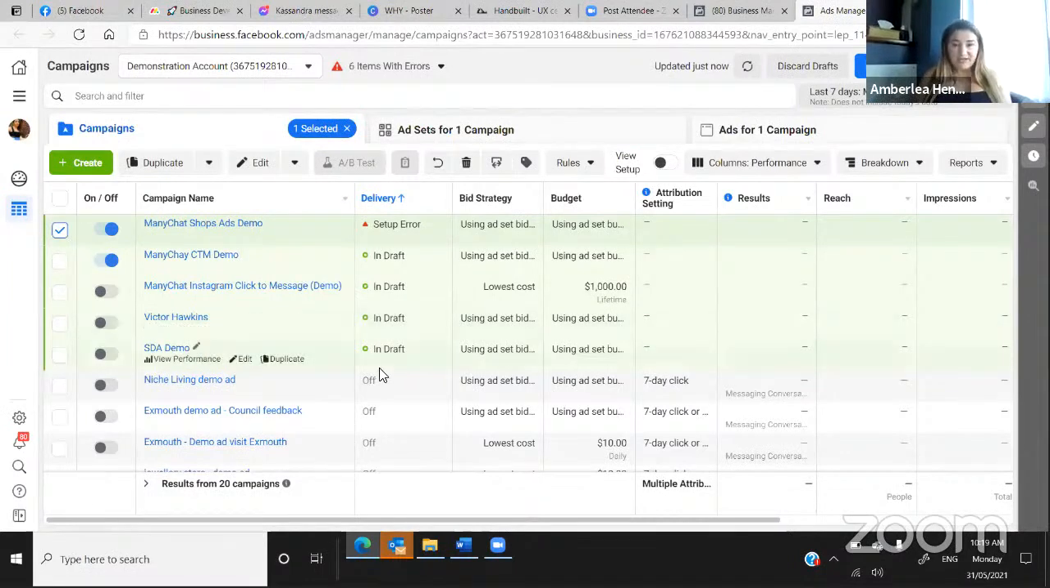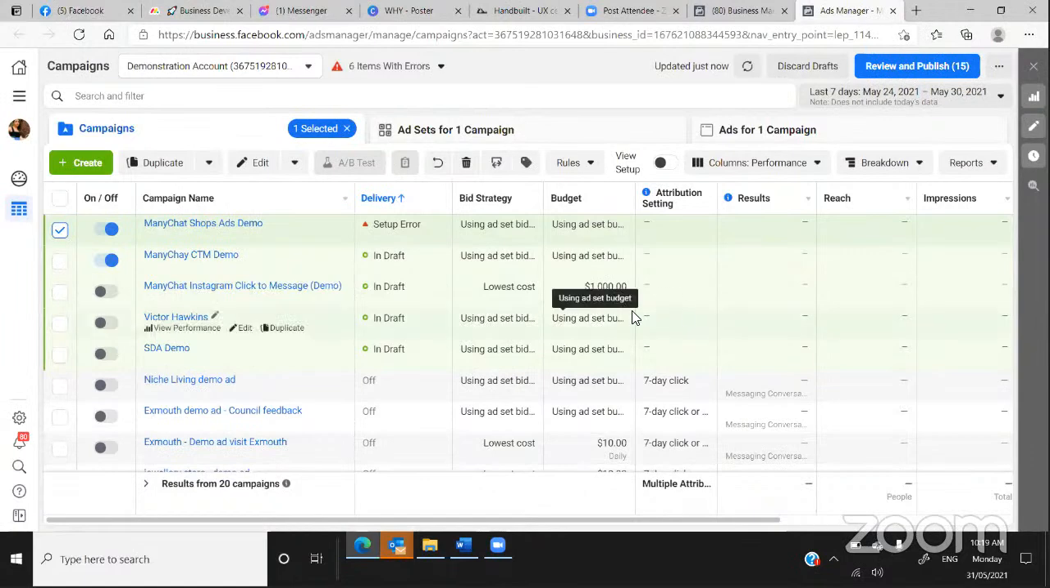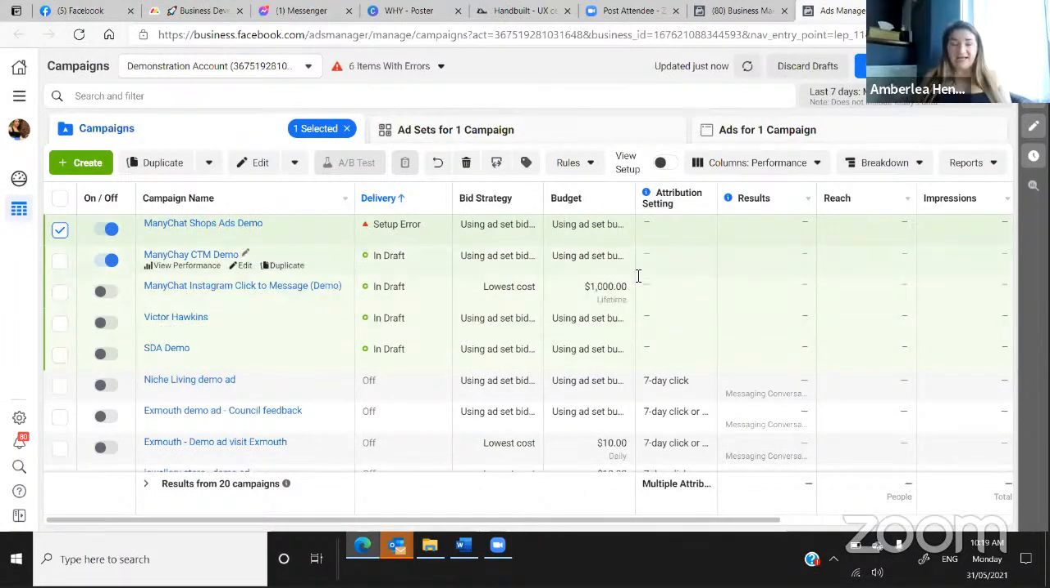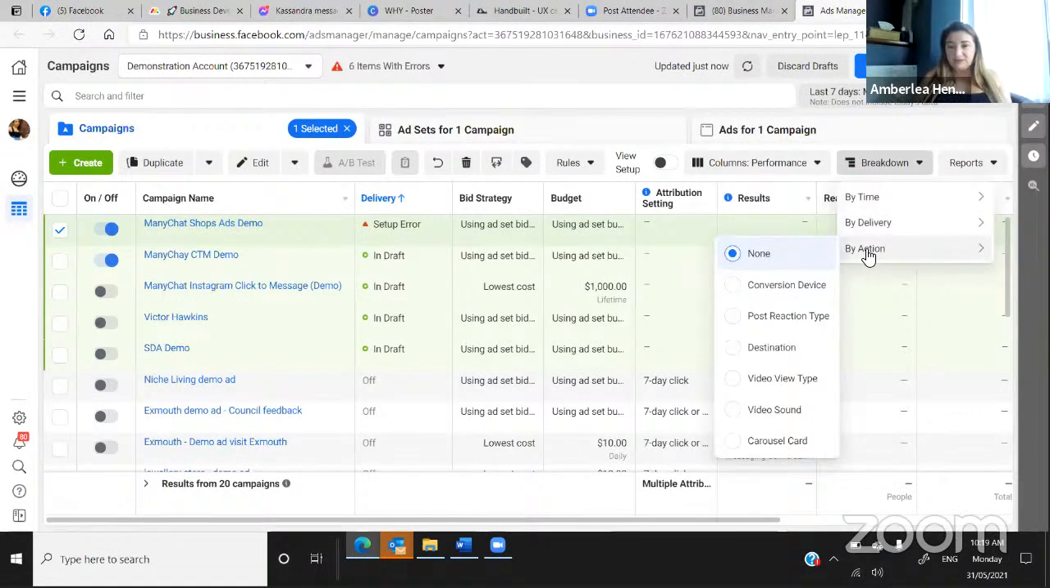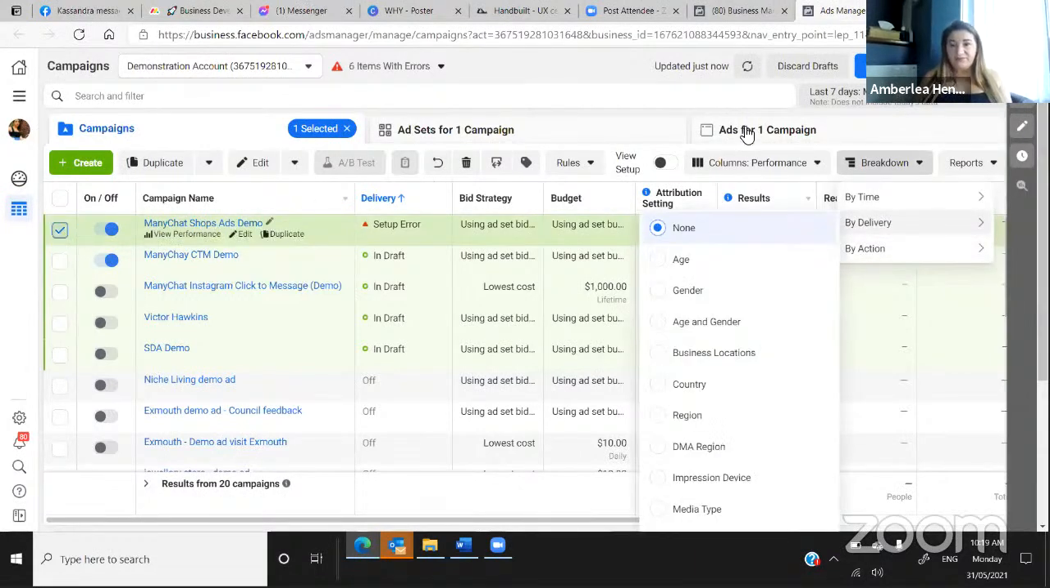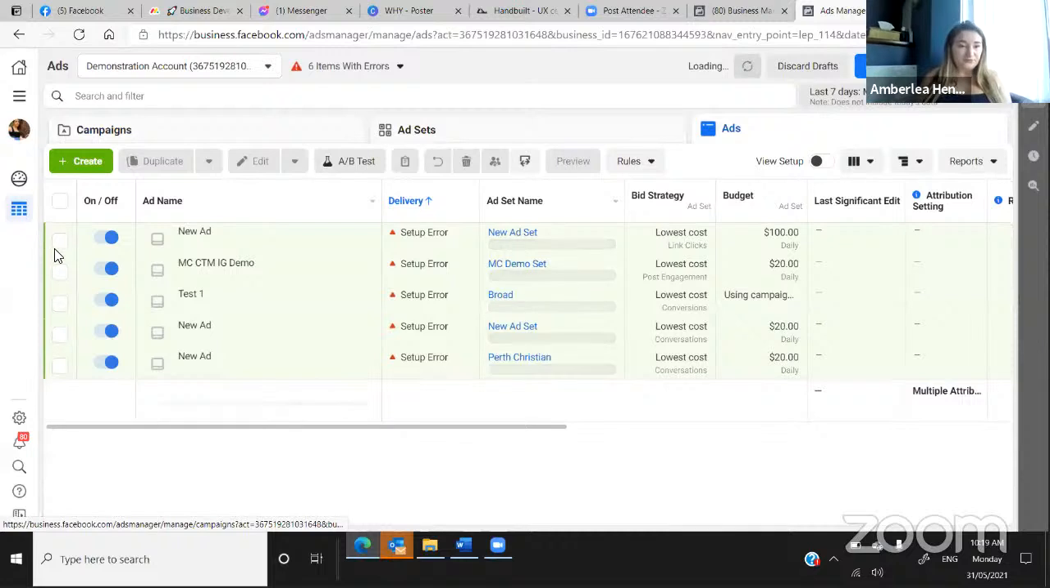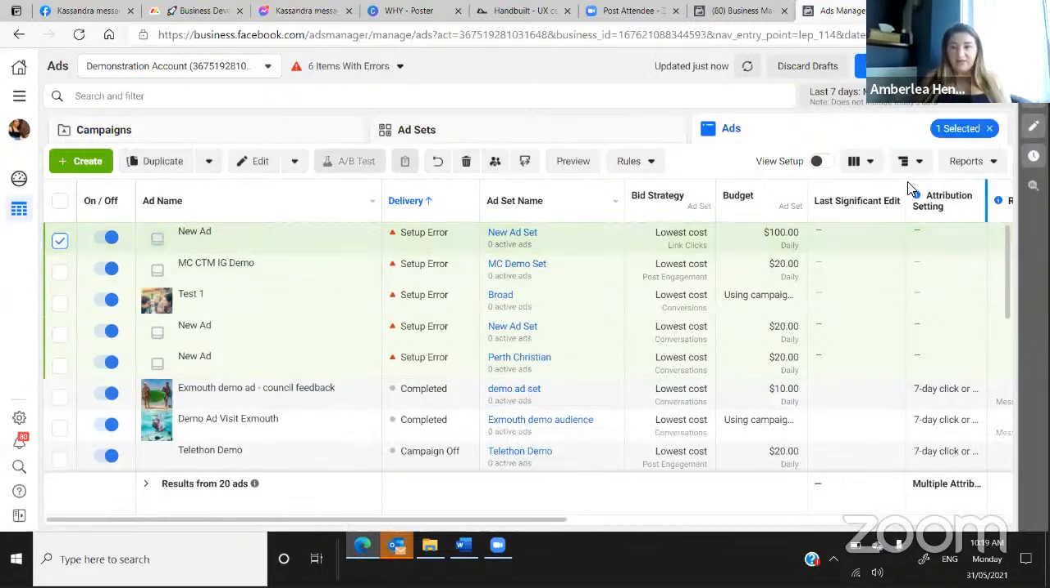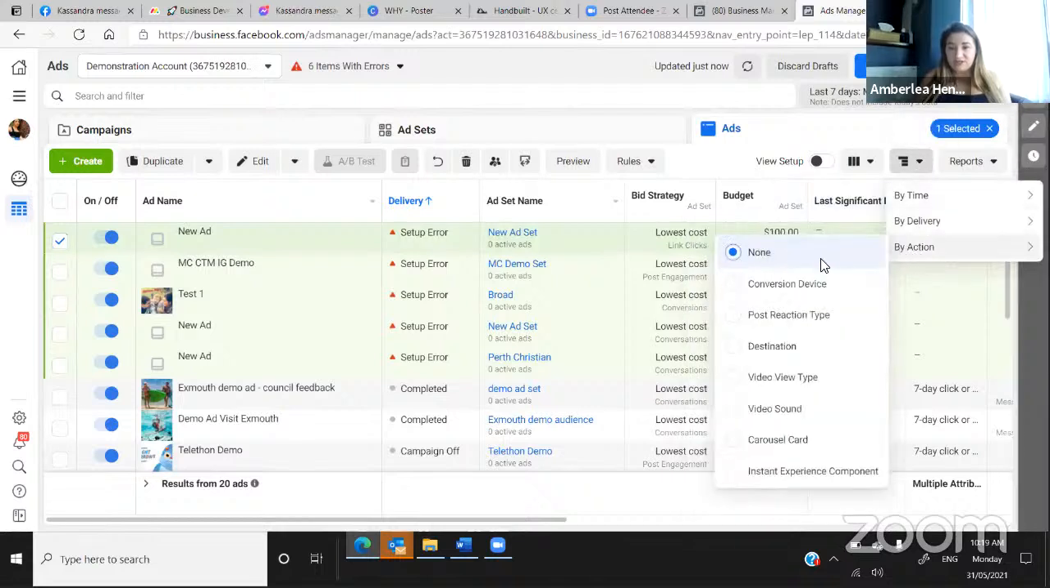Can you guys see the back end of my dashboard? Yep. Okay, awesome. So to be able to have a look at an ad's relevancy score, you can select the campaign that you're looking at. This is just my demo account, so there's not very much data in here. But if you select the campaign that you're looking for, and if you drill down into breakdown, sorry, one moment. Got to go down to ads level. And if you drill down into the breakdown section,